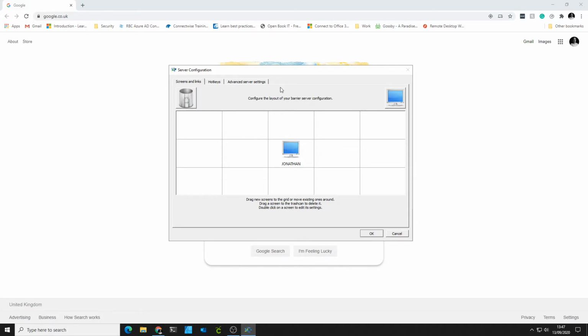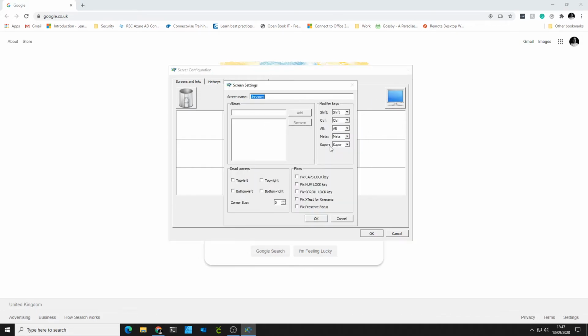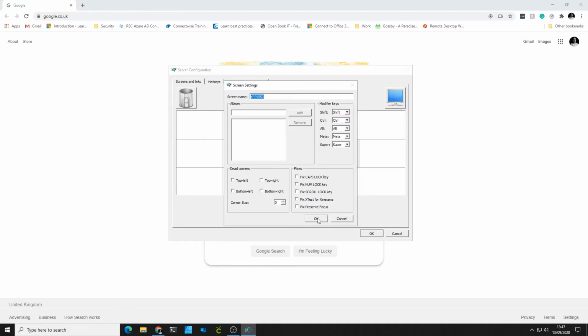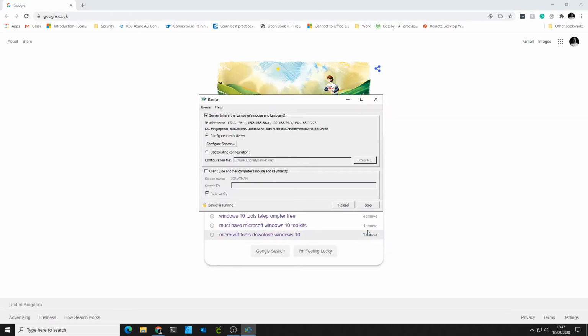Now I'm going to get rid of that and show you how you do it. So basically you click on the little icon here, drag it down, you can then configure it. So XPS 9550 and OK. So that's it. All I need to do. OK, and reload, and then make sure that the two talk to each other by being able to tab across, which